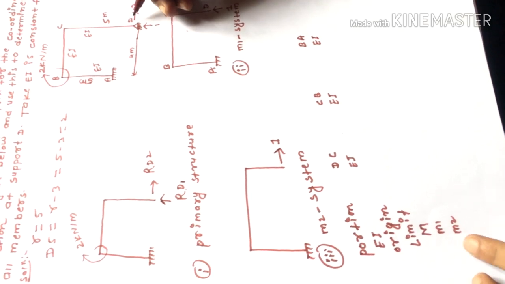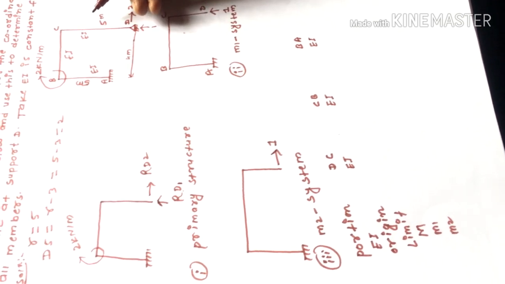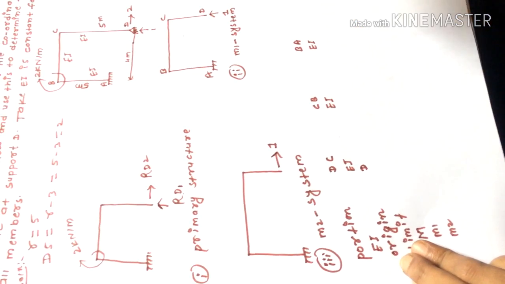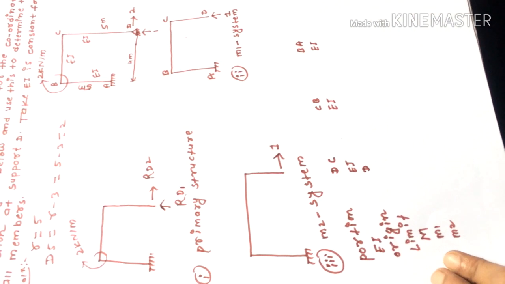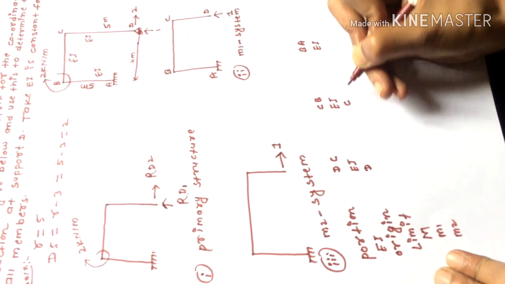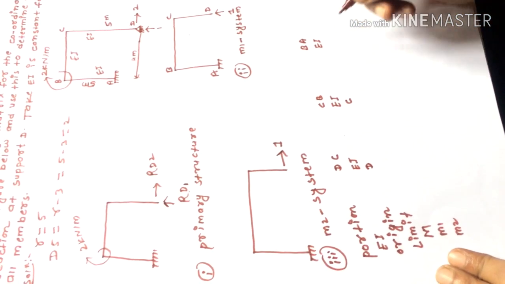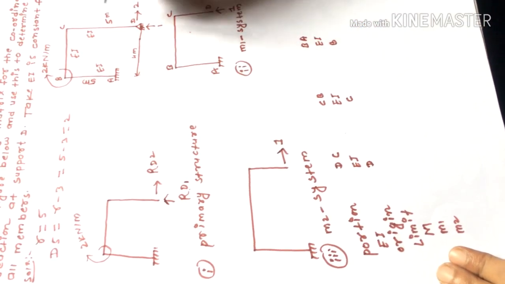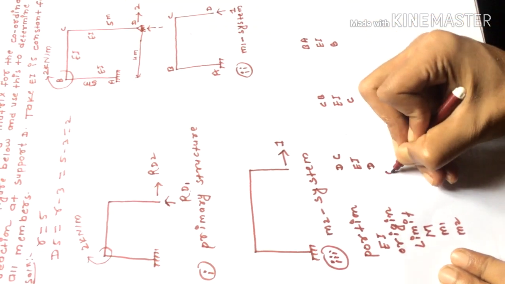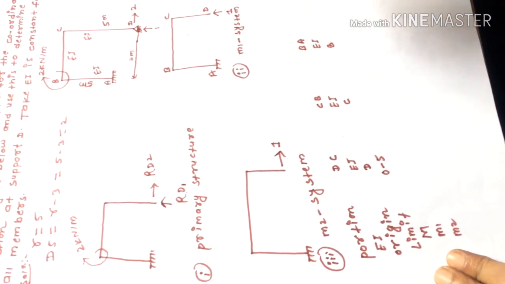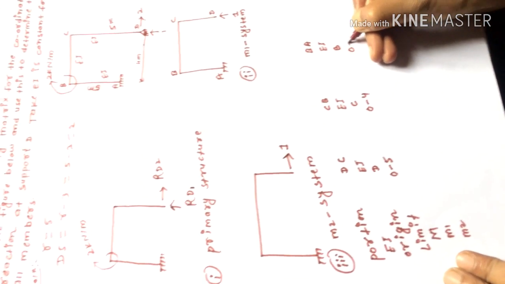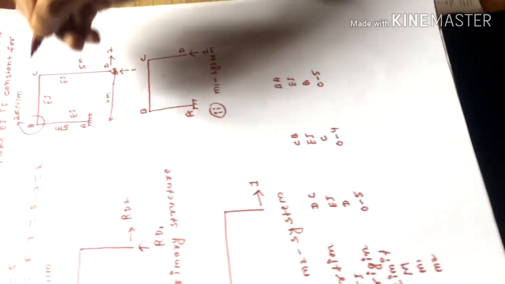In the figure, let us assume D in portion DC as origin. So let us take D as origin in portion DC. Next, in portion CB, let us assume C as origin. In portion BA, let us assume B as origin. Now in the figure we can see our limits are 0 to 5 for portion DC, 0 to 4 for portion CB, and 0 to 5 for portion BA. Now what do we have to do next?